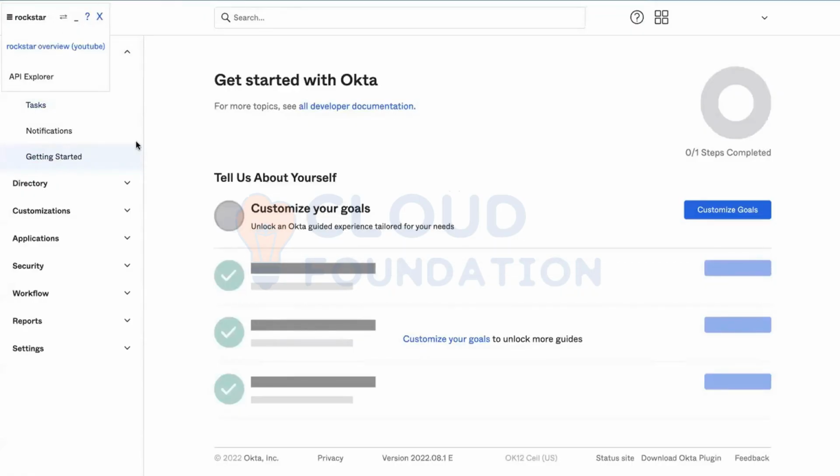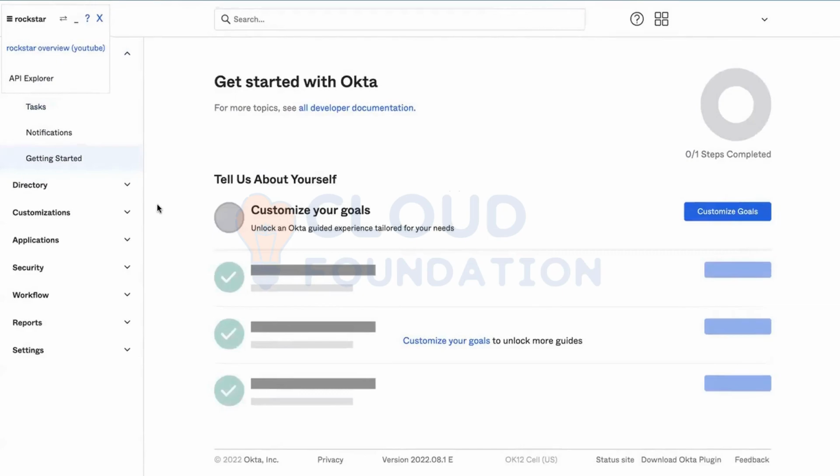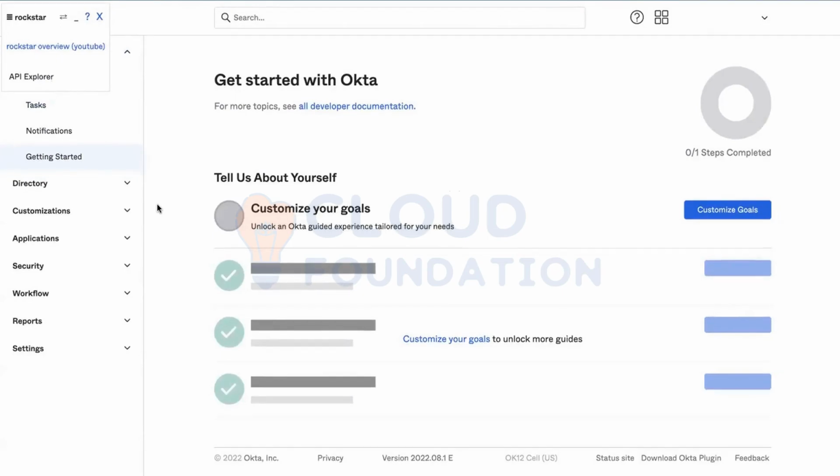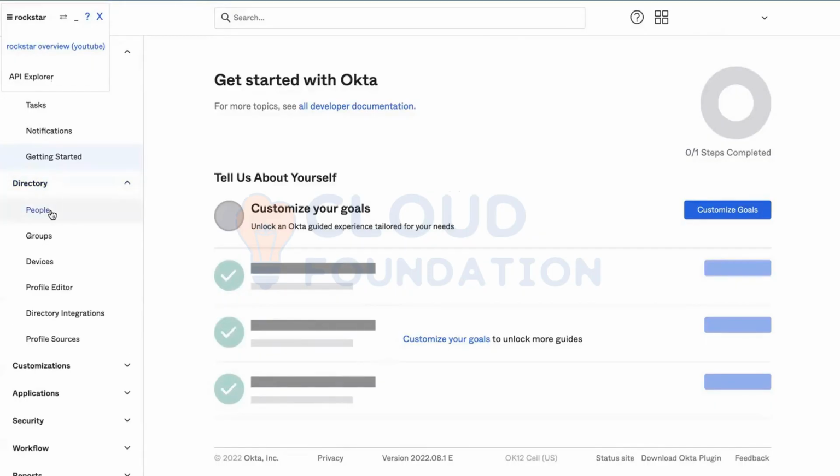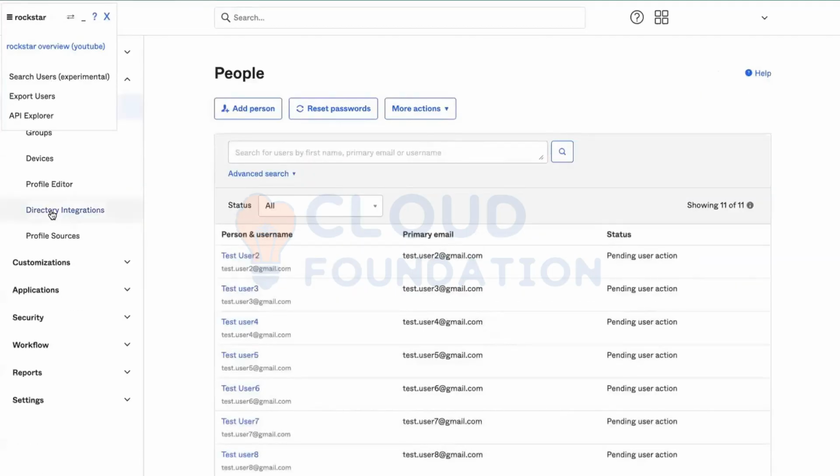Now let's say you want to get the list of users, let's say you want to get all the users, attributes and list. How we can do is keep this Rockstar window open like this. Go to directory now in Okta console, go to people. Here, now you can see the window got refreshed automatically. You can see an option called export users. Right click that export users button